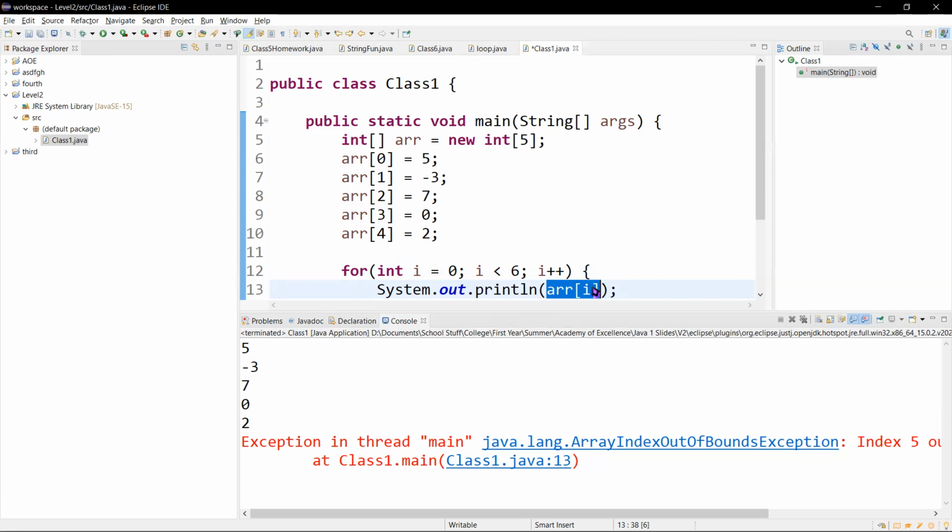The last index is 1 less than that, right? The last index is 4, right? Because it goes 0, 1, 2, 3, 4. Array index 5 is actually the 6th element, which doesn't exist. It's past the end of the array. And so if we look at the error message, it actually tells us the java.lang.ArrayIndexOutOfBoundsException,